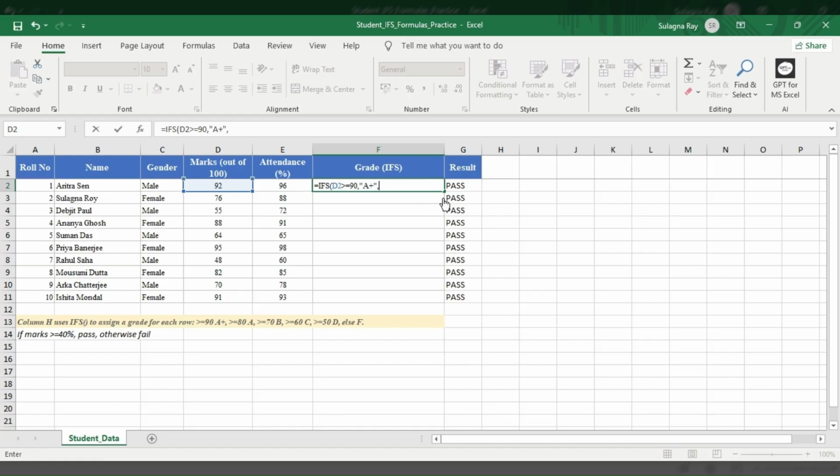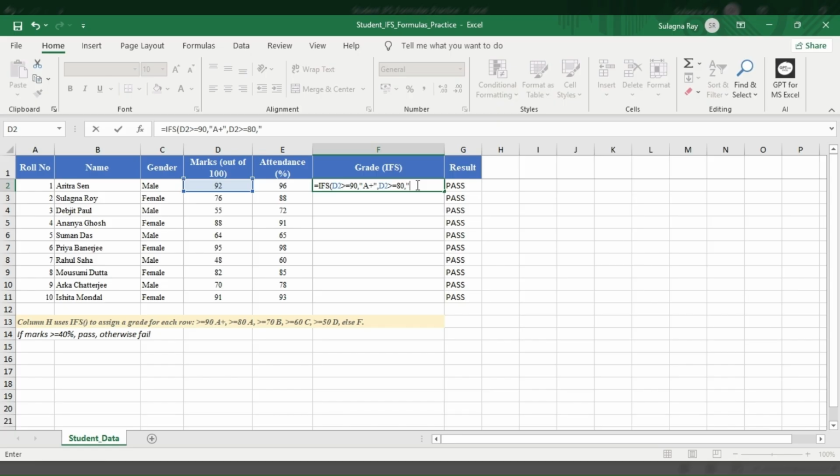Next we have to put the logical test 2. For the logical test 2, again we select this marks cell. Then the second condition is if the marks is greater than or equal to 80. So D2 is greater than or equal to 80. Again press comma, value if true 2. That means if the second condition is true, then what will be the result?